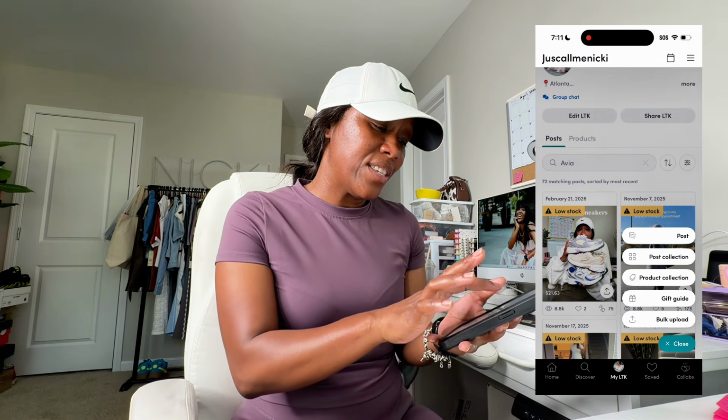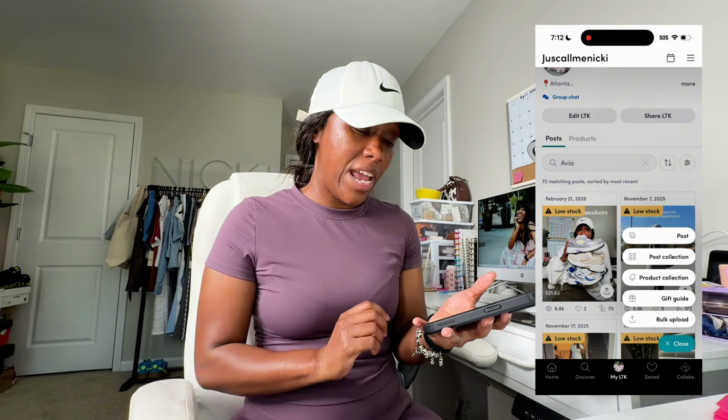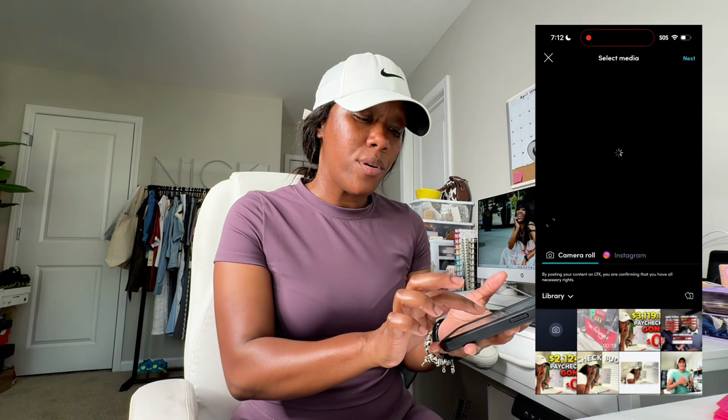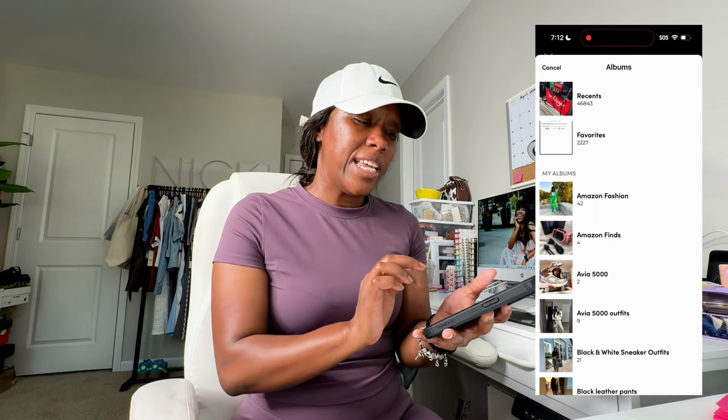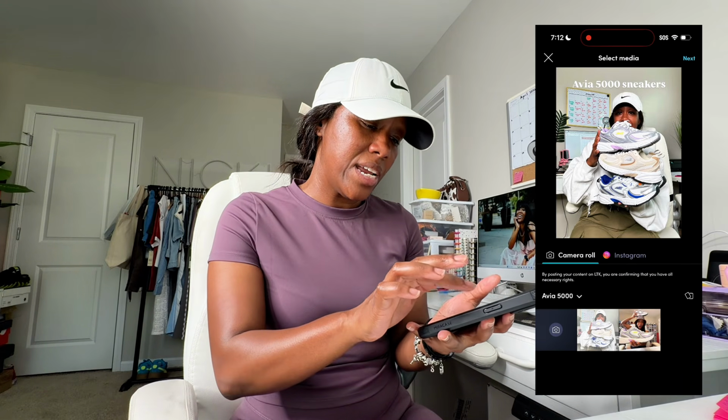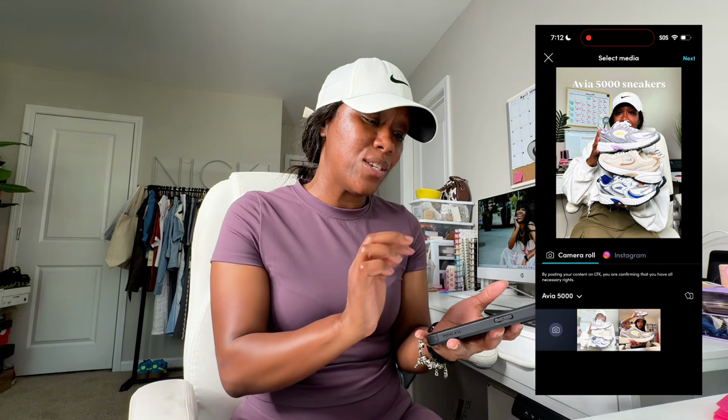I'm going to show you how, if you already have this product on your page, you can get the link like that. So first things first, go to your LTK Creator app, and then tap on Create. On Create, tap on Post, and then on the Post, go to your library and scroll down to